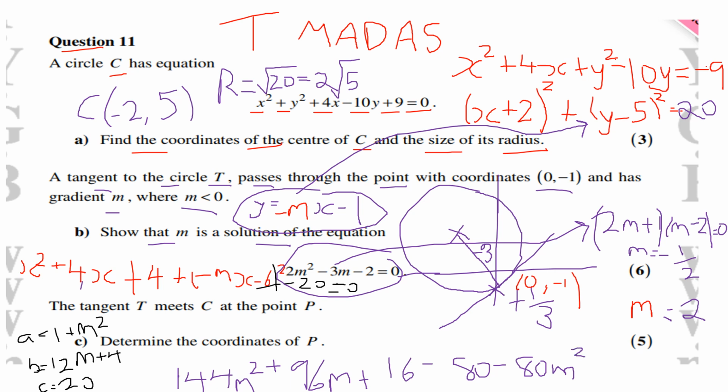Okay, is that right? So b squared minus 4ac, yeah, minus 4 times 20 is minus 80, and then it's minus 80 lots of this. Yes, okay. That's equal to 0. Okay, so let's just simplify it. So we've got 144m squared take away 80m squared. So when you do that, if I'm not mistaken, 144 minus 80 is 64. So you have 64m squared